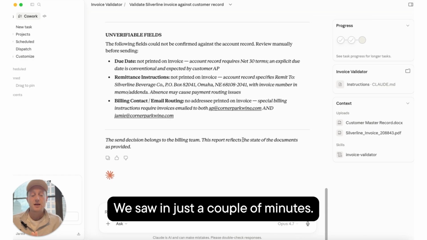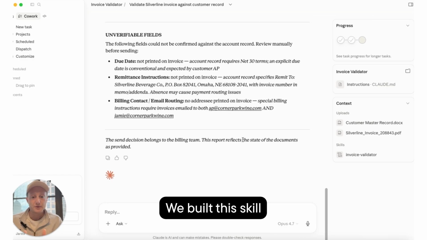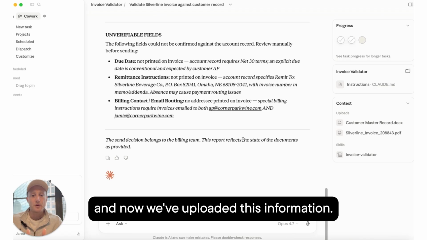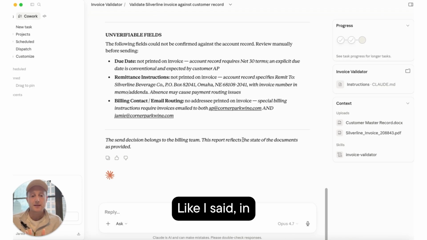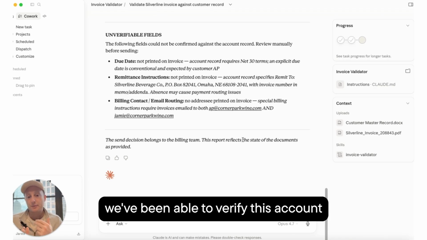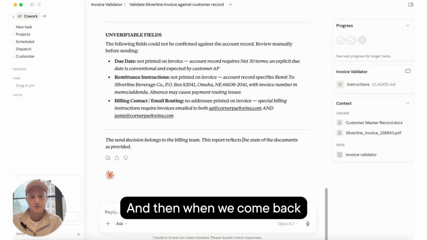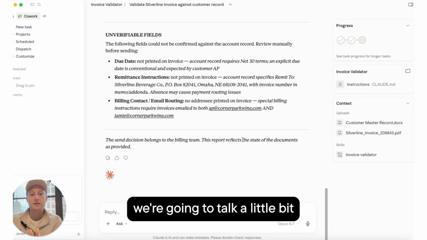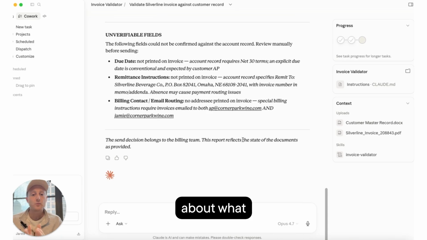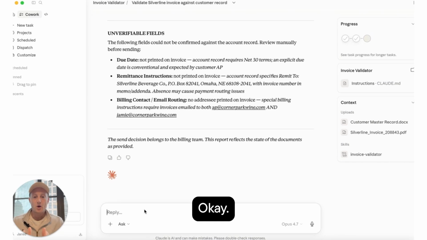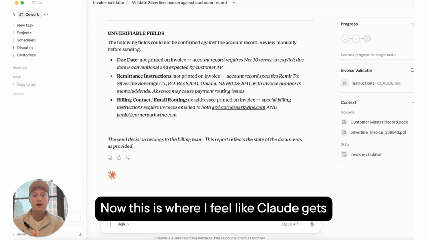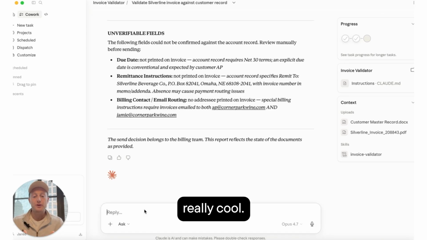We saw in just a couple of minutes, right? We've built this skill and now we've uploaded this information. And like I said, in just a couple of minutes, we've been able to verify this account and we can update the invoice. And then when we come back, we're going to talk a little bit about what potential next steps might look like. Okay, now this is where I feel like Claude gets really cool,